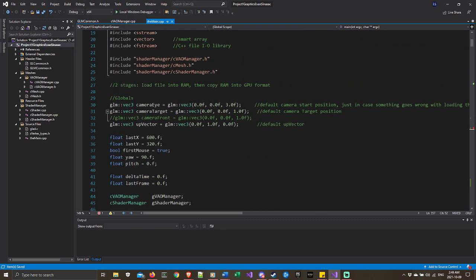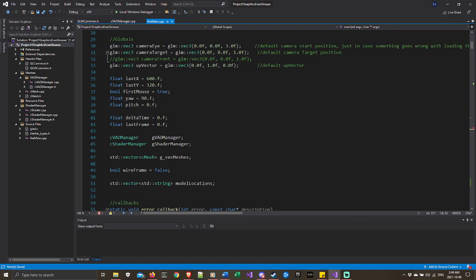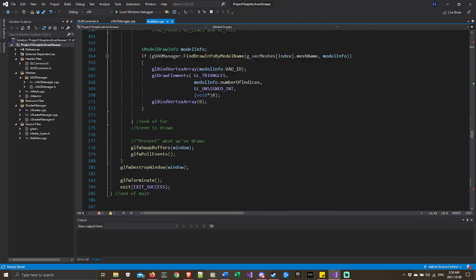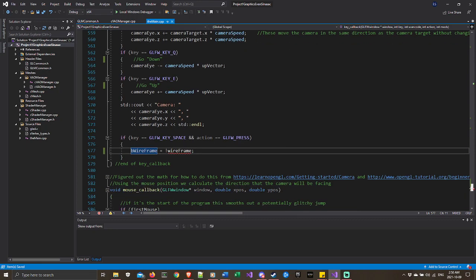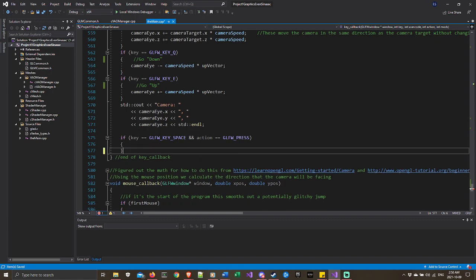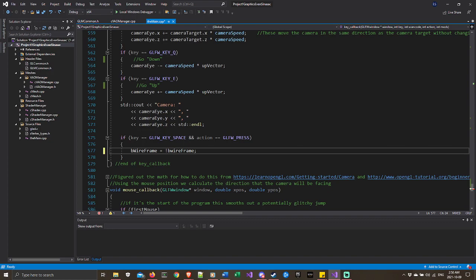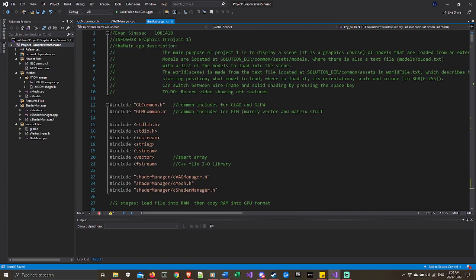Let's go change that boolean. Not going to change that one. And that should change it in the key callback, where we just reverse it. That's what I thought I pressed. Anyways, the other thing,